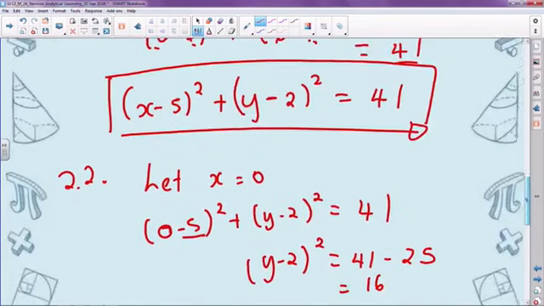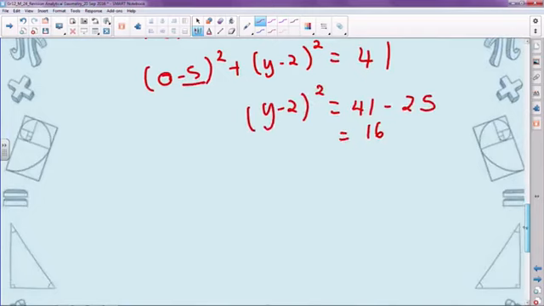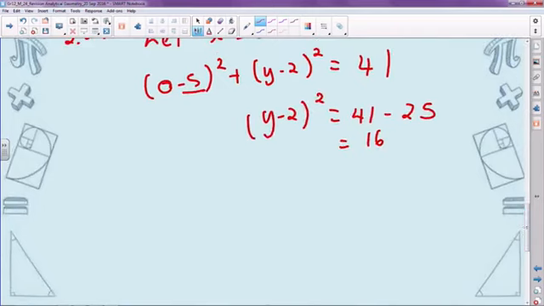All right, so therefore, to now solve for y, I'm going to square root both sides. So I get y minus 2 is equal to plus or minus the square root of 16. Obviously, you can expand out and then factorize your trinomial again. That's a little bit longer. The square root of 16 is positive 4